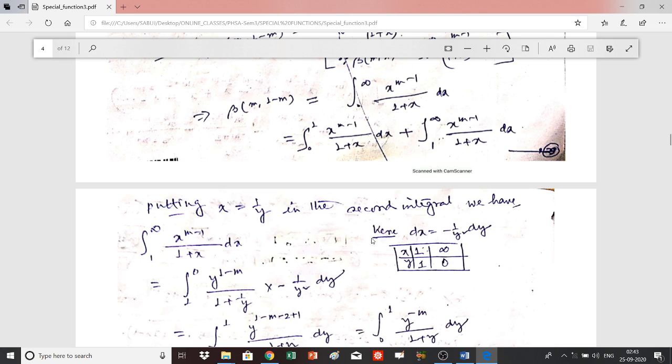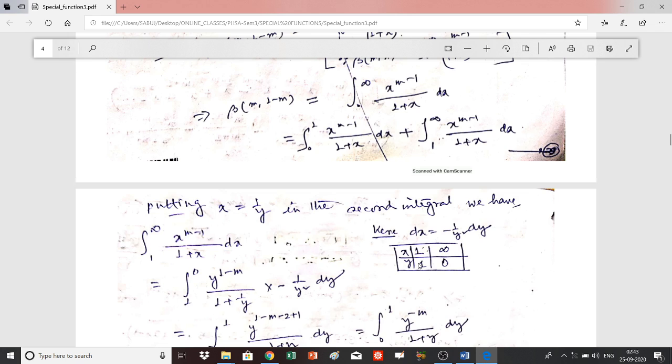If you use x is equal to 1, then y will be 1. And if you use x is equal to infinity here, then y will be 0. It can be easily understood from this relation. So here the second term, the integral from 1 to infinity of x to the power m minus 1 by 1 plus x dx, that is equal to